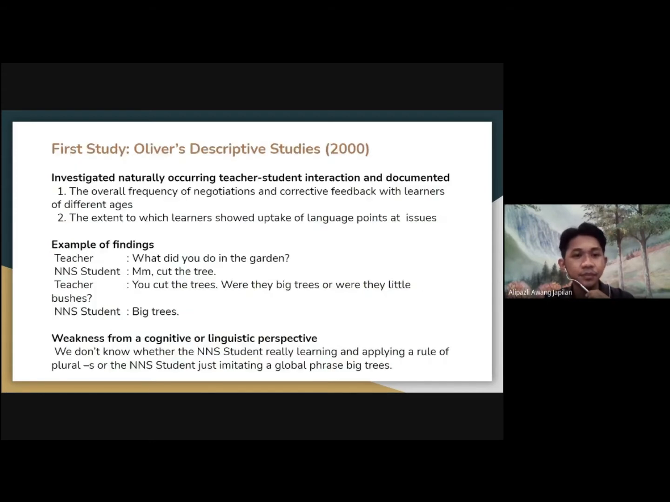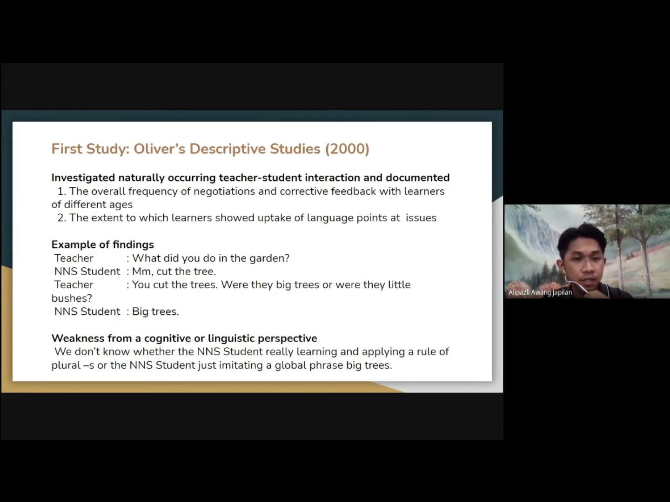All right. First, I will discuss Oliver's descriptive study in 2000. This study investigates naturally occurring teacher-student interaction, and Oliver documented that